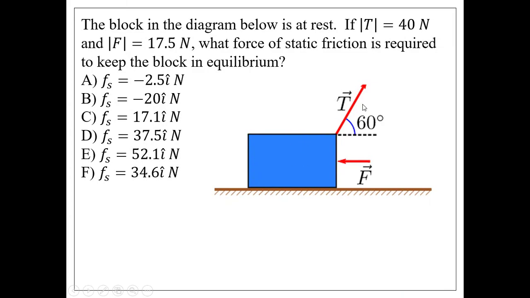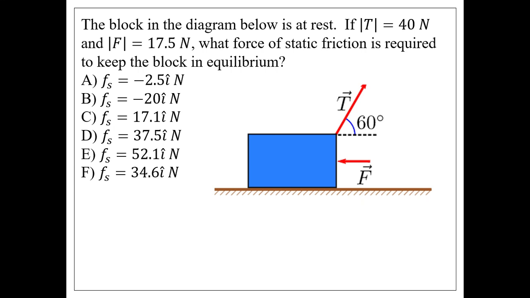It is being tugged by some force here to the right, that's called T, and the diagram gives us an opposing force F here pointing to the left, and essentially it asks us what force of static friction is required to keep the block in equilibrium. So you want to find this force of static friction that is keeping this system stationary, so it's not moving